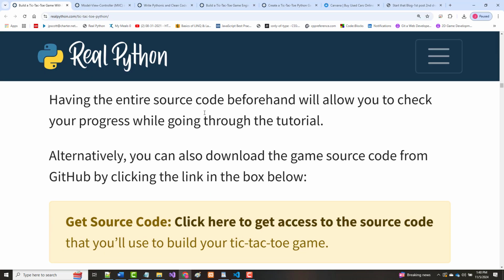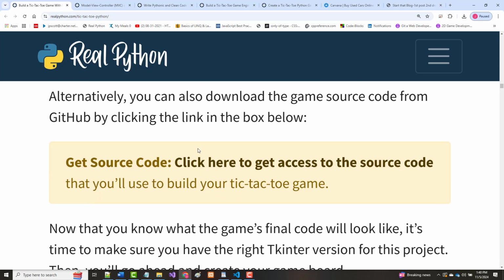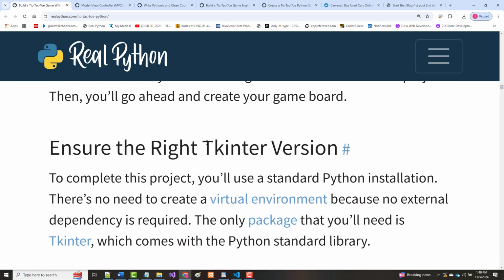It says having the entire source code beforehand will allow you to check your progress. That's true. Alternatively, you can download the game source code from GitHub. I'm not going to do that, so I've already done this. All right,